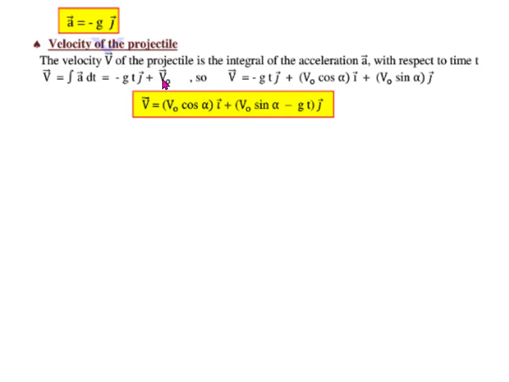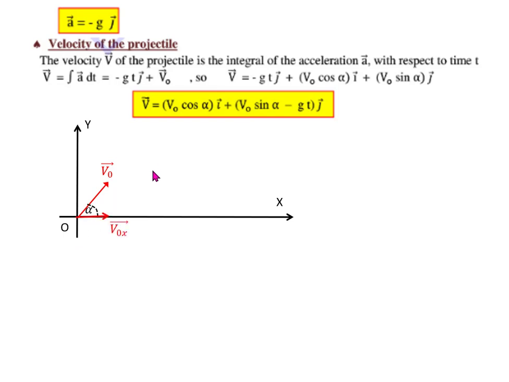Later on for r, we add r0. But what is v0? If we just take a look on the graph, we can see that the initial velocity is made up of two components, an x component, and since alpha is shown, or the angle, we can just use cosine to find the x component. And for the y component, since the angle is not shown here, we can use sine. So v0y will be equal to v0 sine alpha. Substituting the value of v0 will look like v0x and v0y,